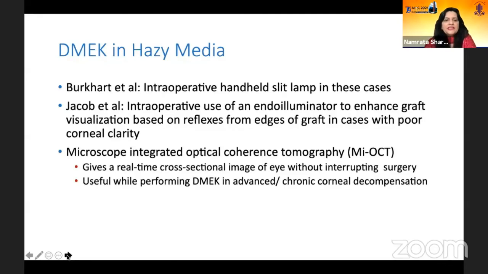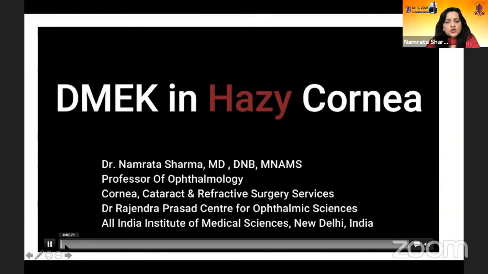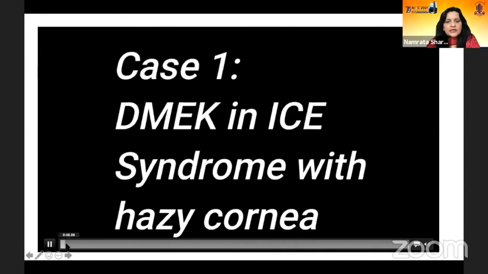DMEK in hazy media, there are several ways of doing it. You can use an intraoperative handheld slit lamp, or you can use an intraoperative endoilluminator, which Dr. Susan Jacob has highlighted, and you can also do it with the help of the microscope-integrated OCT, or the IOCT. And this is what we published, the IOCT-guided DMEK in corneas with poor visualization. I'll just show the videos of the same, and this carries both the OOPS and DMEK as well as